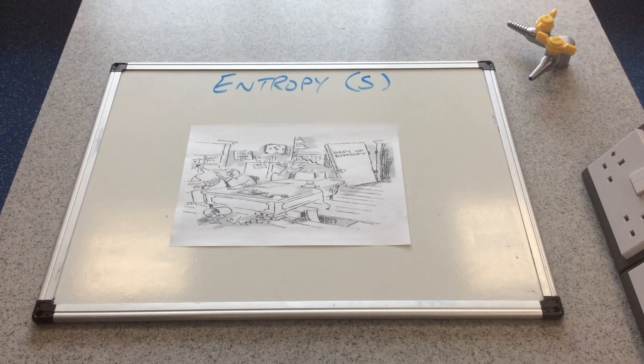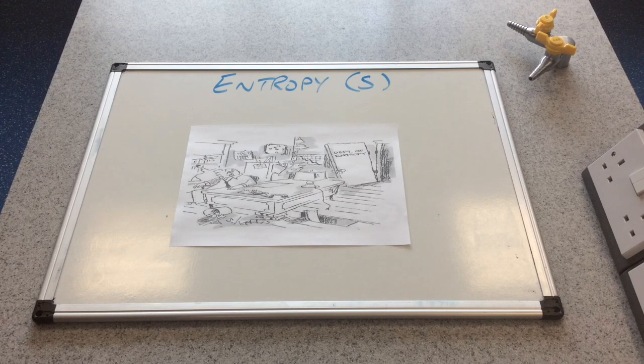In this video I'm going to look at entropy, and you can see in brackets there a capital S, and that's because this symbol is used to represent entropy. So in the same way capital H is used for enthalpy. So you can see a picture on the whiteboard there, and it's a picture of the Department of Entropy, and